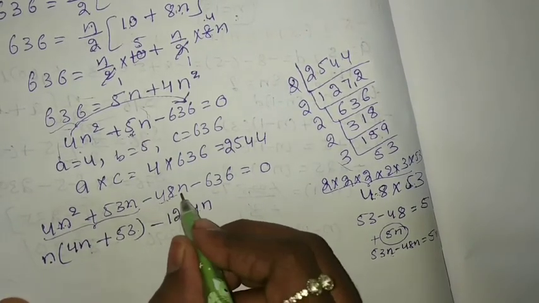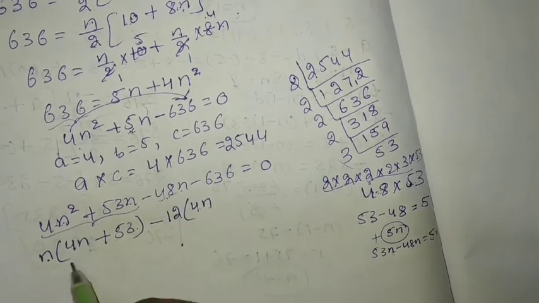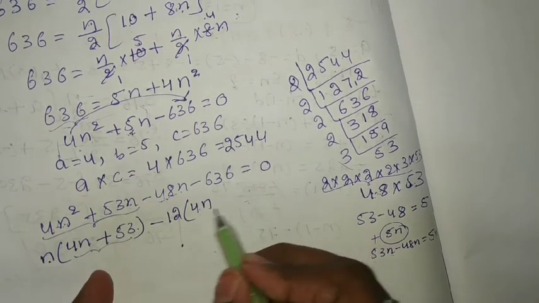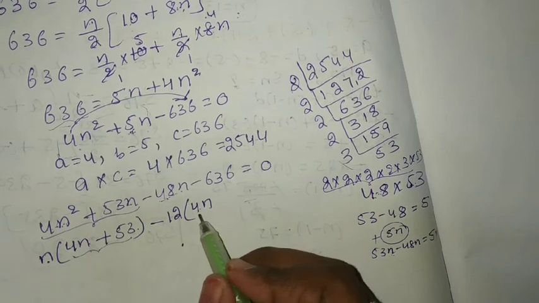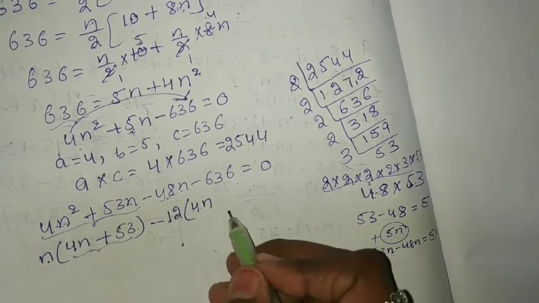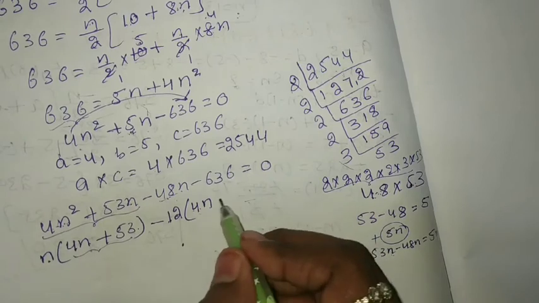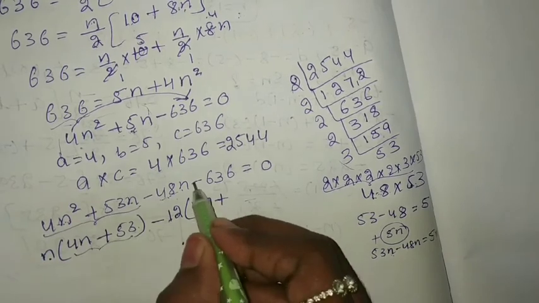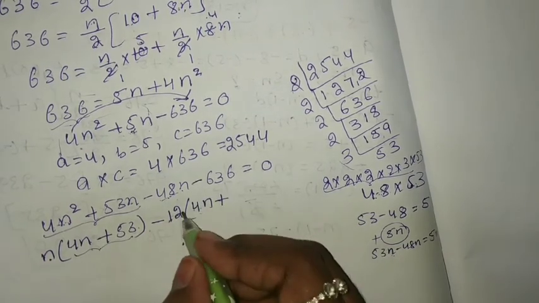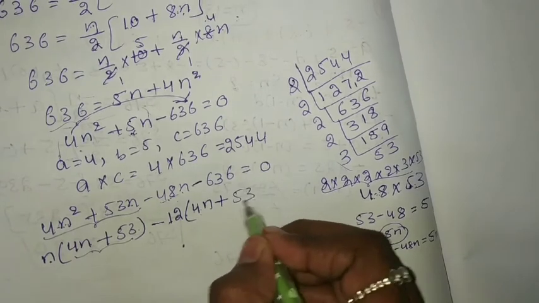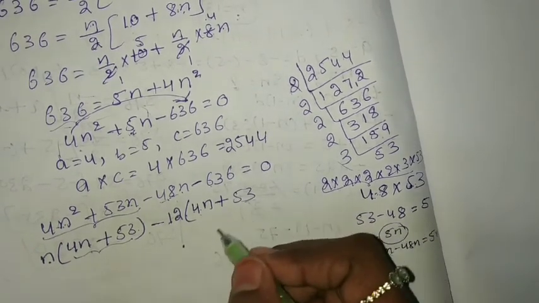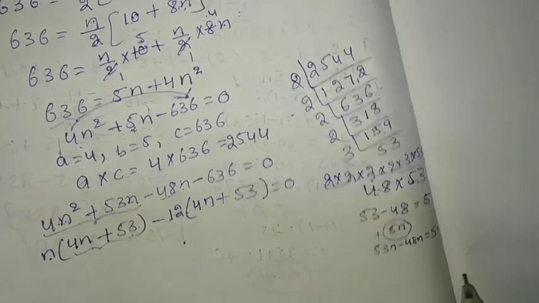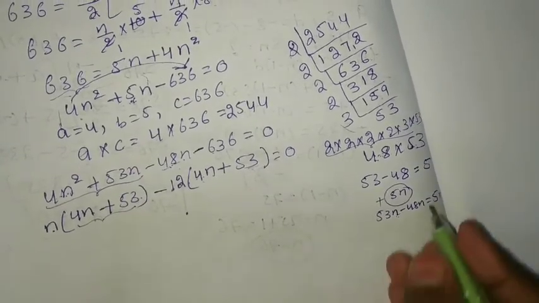12 4s are 48. See why I am writing here 4 itself, because the same value we need to write here. For that sake, I took 12 4s are 48. Understand? And if you keep plus sign here, then minus into plus we get minus. Okay. Now multiply this. 12 into 53, we will get 636. You can check once. That is equal to 0. It's a little bit tough, but you can practice, you will get.